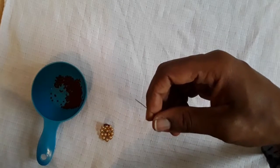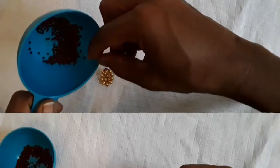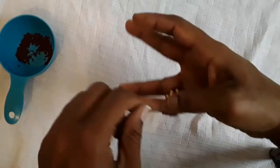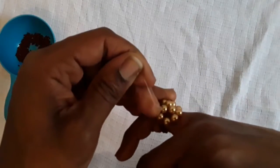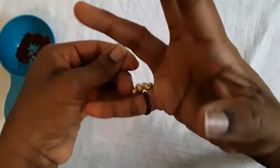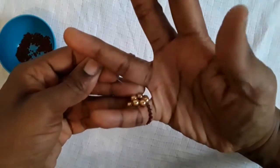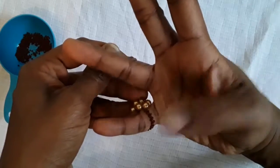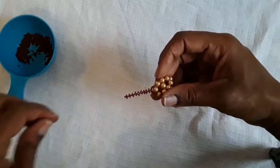Repeat this process until the band is able to fit around your finger. So I've added more seed beads and the band can now fit around my finger. So it reaches the other bead on the other side. And once you've worked it to your desired length,